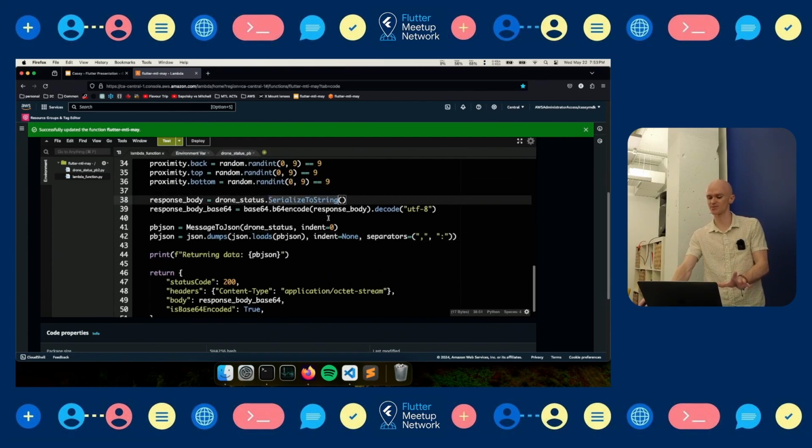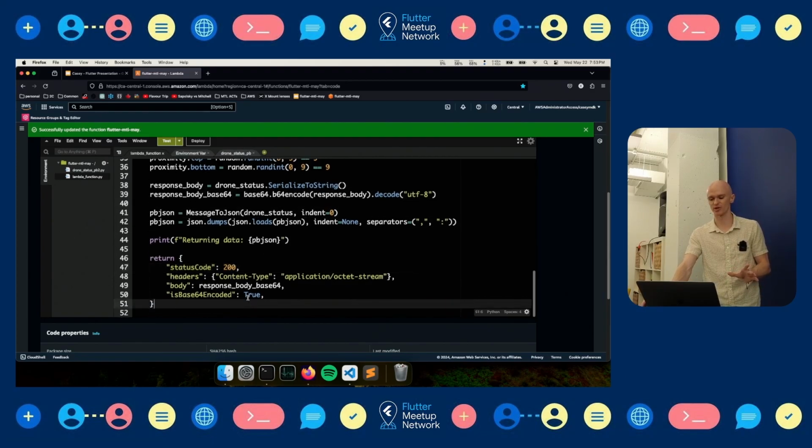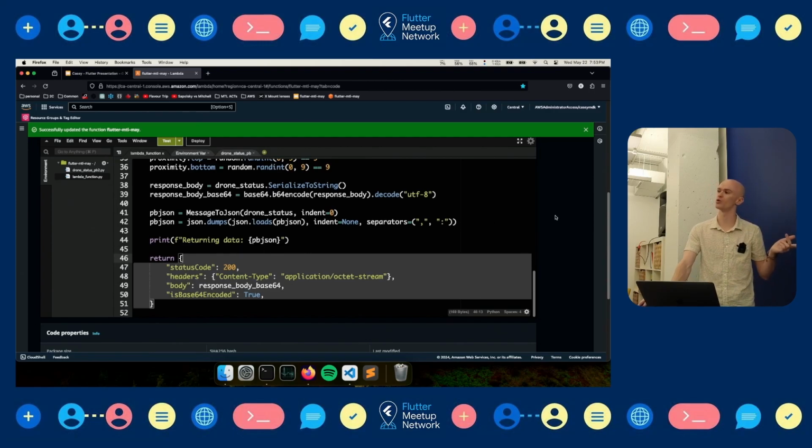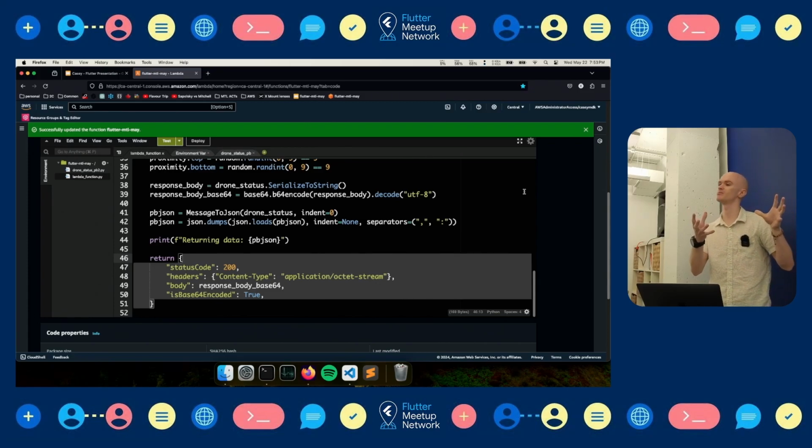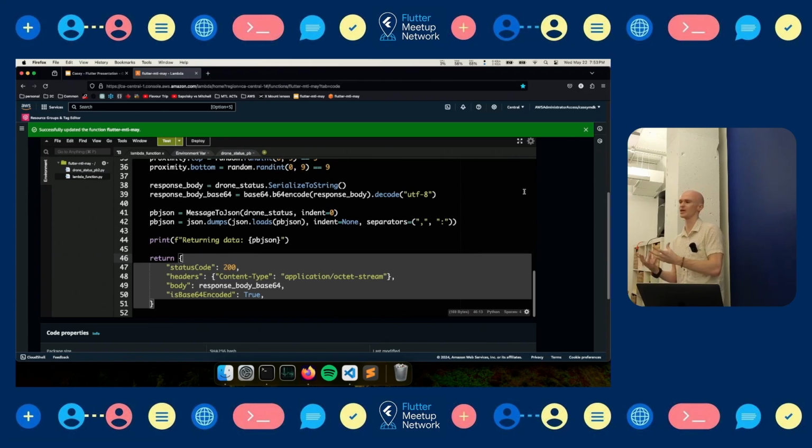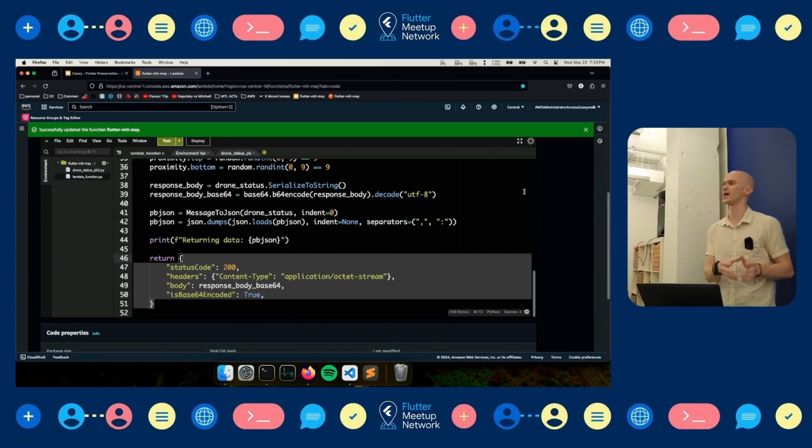We've got our drone status, serialize it to a string, do some encoding steps and some logging steps, and then we're going to return that data back to whoever is the caller of the HTTP call of the Lambda function. So you're saying we can transfer this Python encoded data to Dart? Right. Data created by Python to Dart via the network? Right. This information is generated in Python. It's then stored as this blob of Protobuf language-agnostic bytes, shipped across the network, and then on the Dart